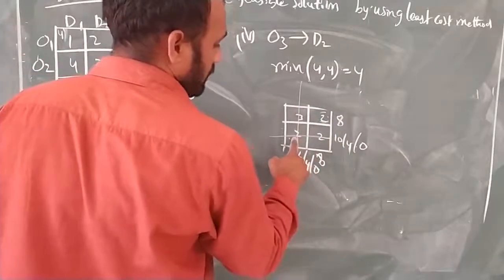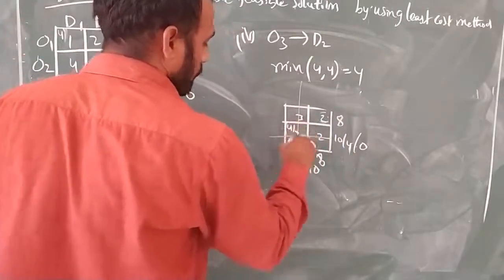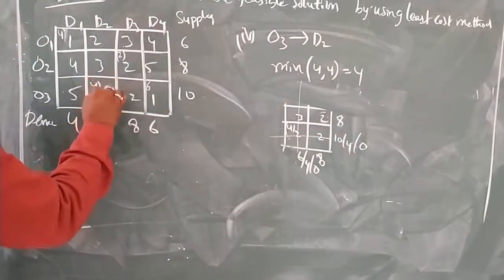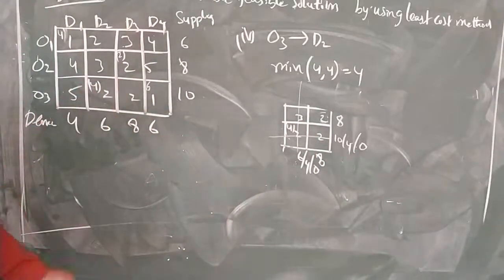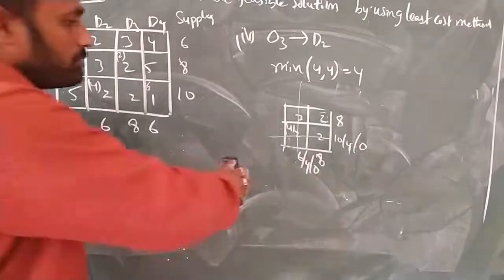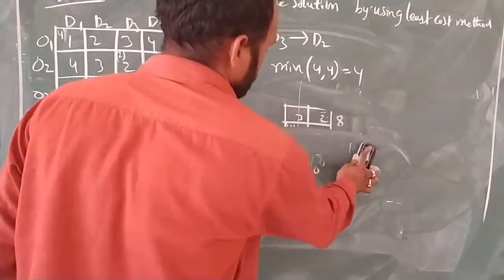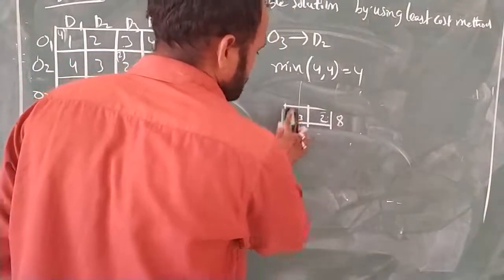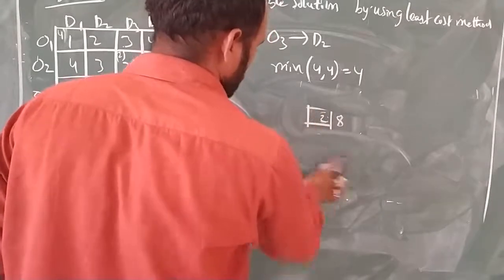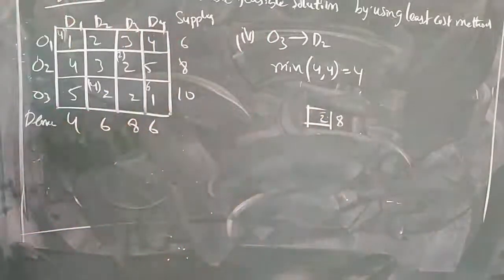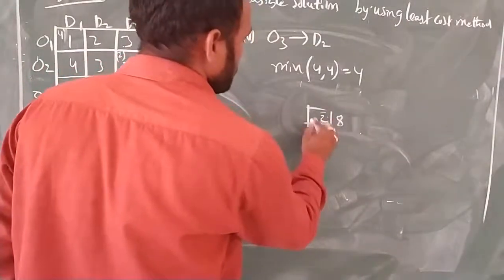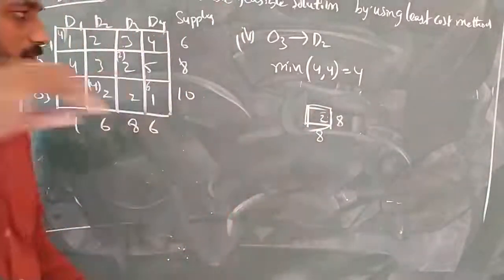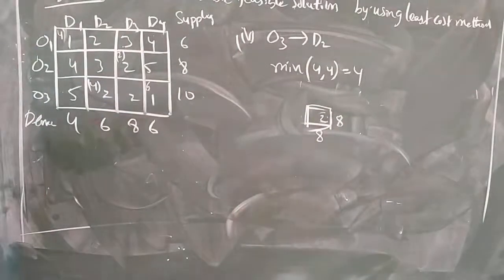So this row total gets cancelled. So here what we have to write in this place? We are subtracting 4, na? 4 we have to write here. So what are we left with now? That we need to mention here. Only 8. We have left with 8. So here also 8. So next, what is the next step?